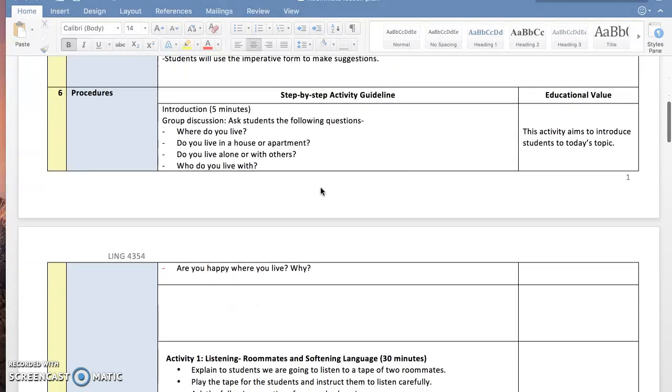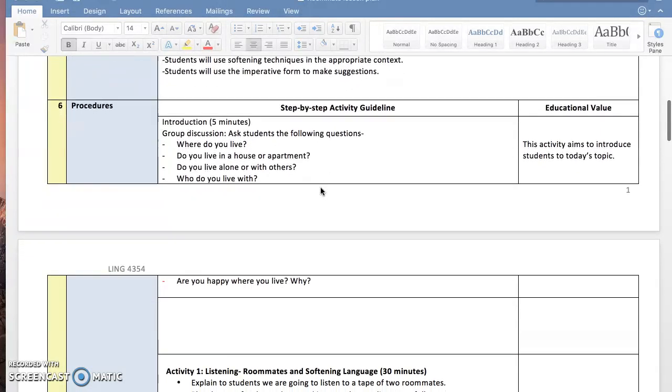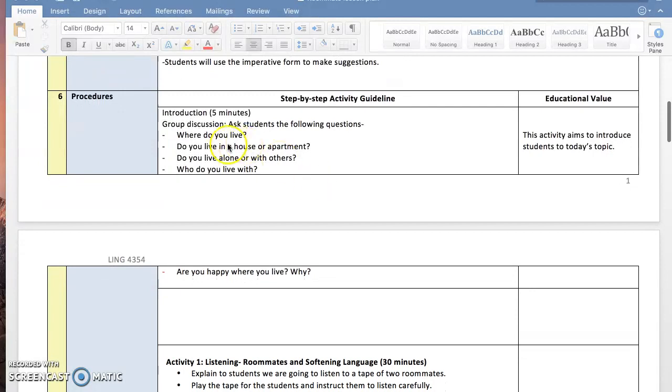Okay, so first I would begin class with this introduction activity. It would take about 5 minutes depending on how good the discussion grows, so it could take about 5 to 10 minutes. And it would just be a group discussion